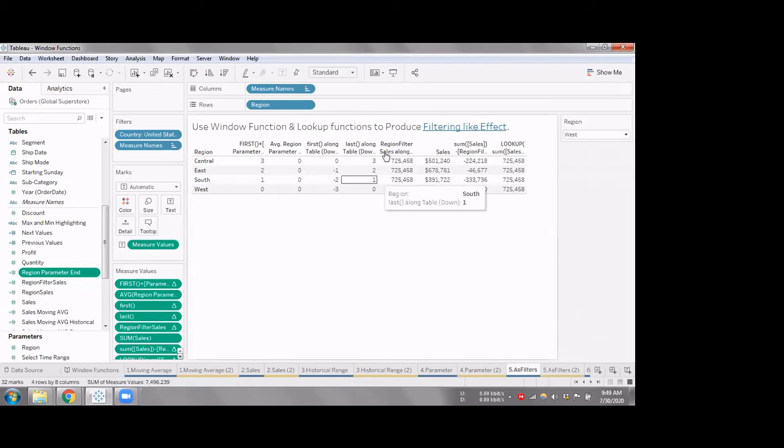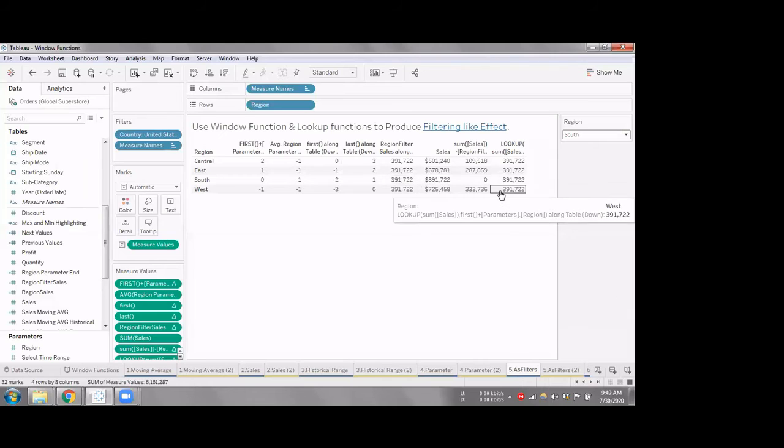the region parameter, where is my field, I think this one, yeah. So when I select central, I'll get the central values, and I just use the comparison columns. When I select east, I can make use of parameters to get these things done. Now this is using window functions, a lot of stuff we are doing. So we have to use a parameter, we have to use a calculated function, and so on.